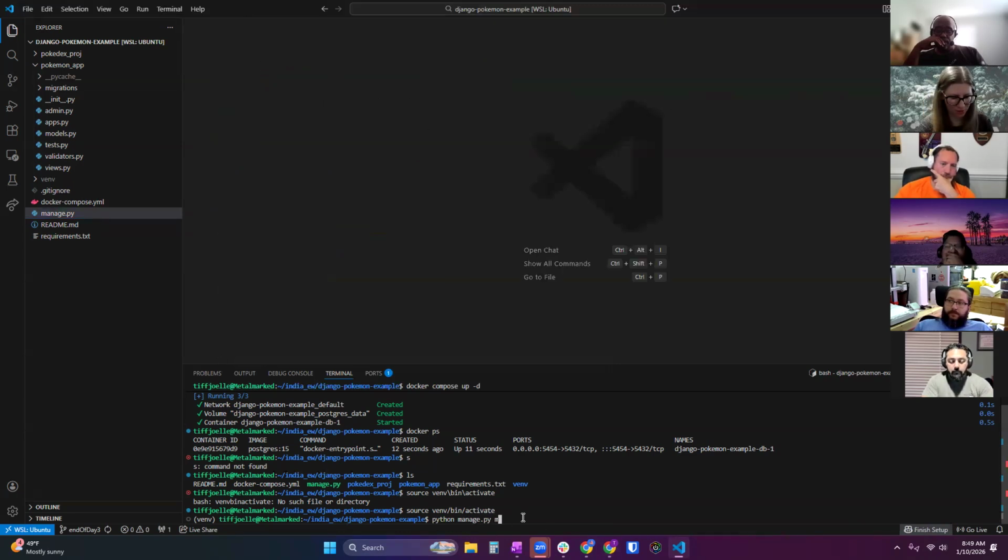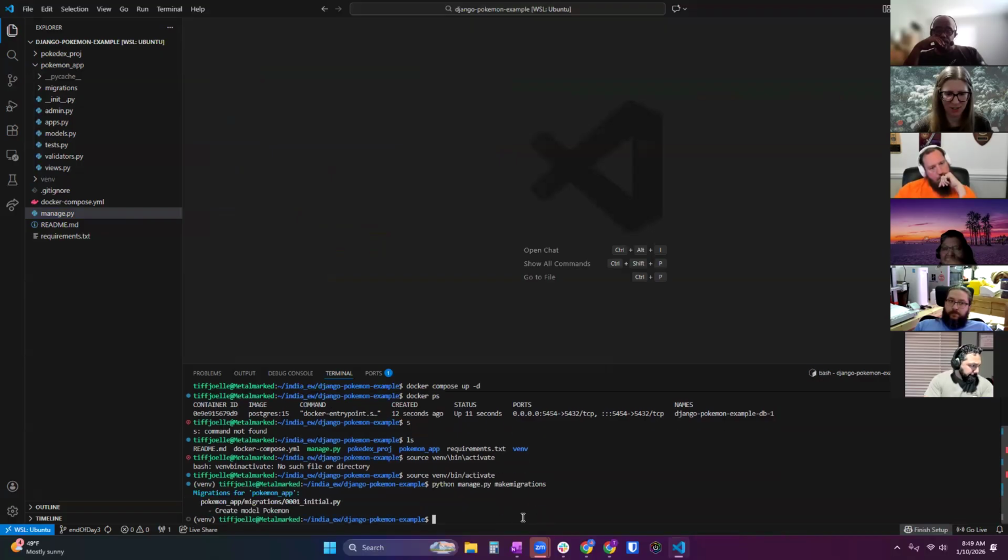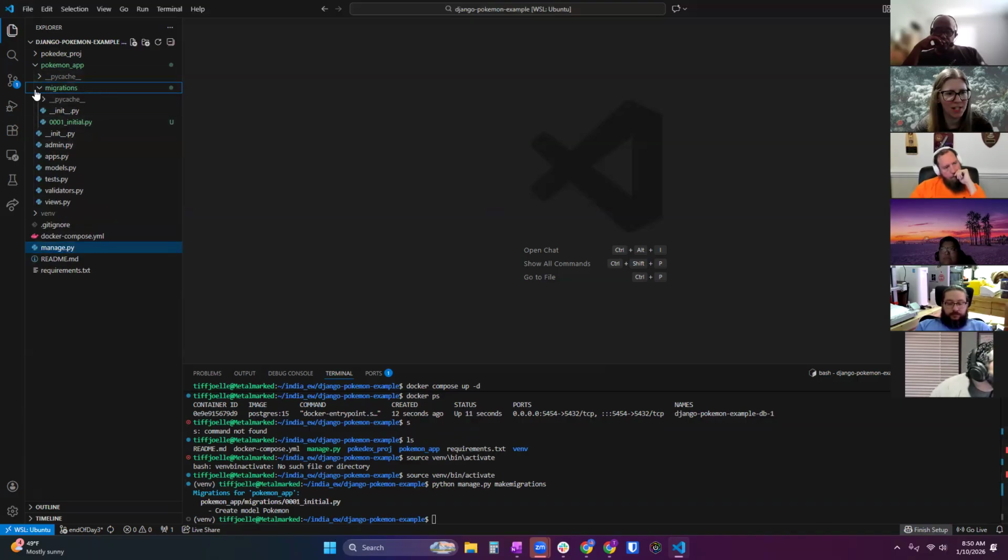But we are going to make migrations to check to see if we have anything that needs to go in the database. And we do, we can see that this container that I've kicked up and started running for our Postgres does not have this Pokemon app in it, and we haven't made any migrations in this app yet.